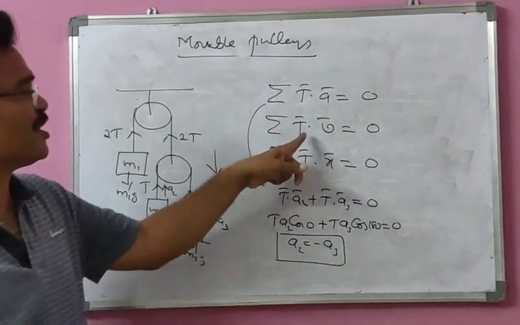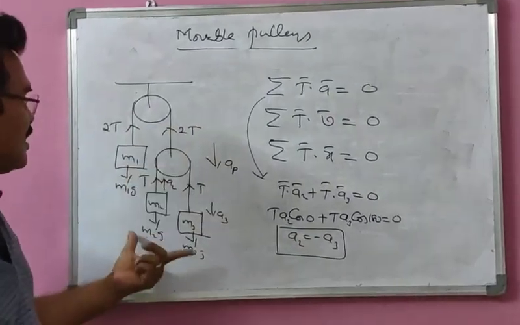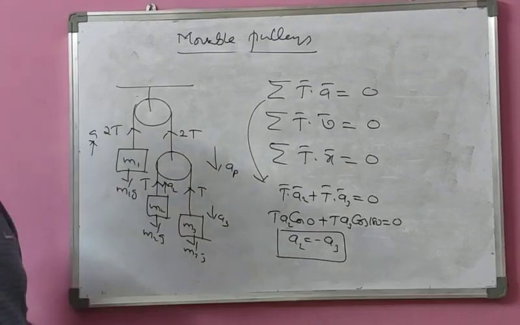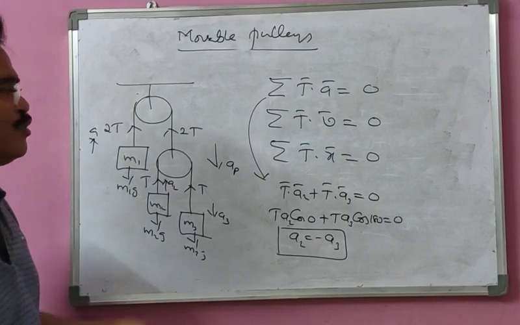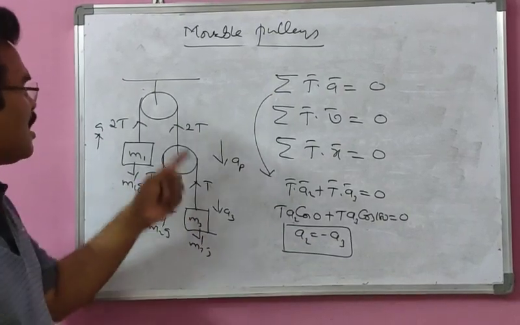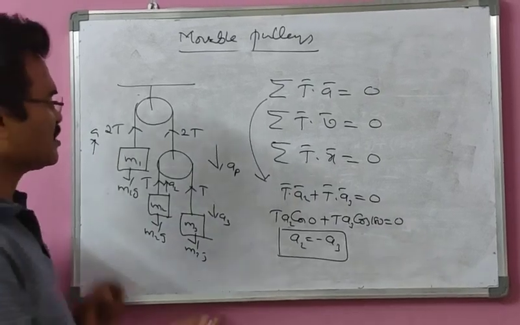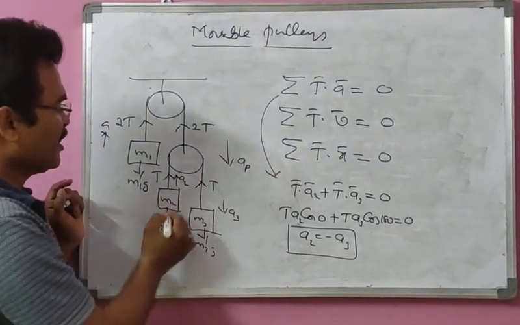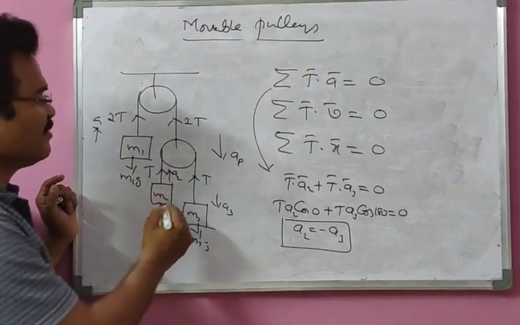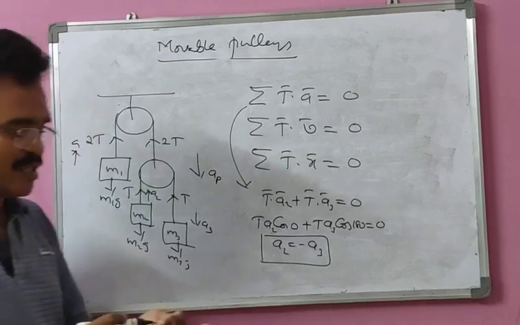Not only accelerations, you can also find the velocities. Once you know these two values, in order to find ap or a, you again use Newton's second law with the FBDs so that you can get the accelerations. Once you get the acceleration, you can get a2 and a3, because you can express it in terms of a2 and a3, as relative acceleration comes into play. A2 is going up, A3 is coming down, but the system is coming down. So what is the actual acceleration? Relative acceleration can also be found using these concepts.